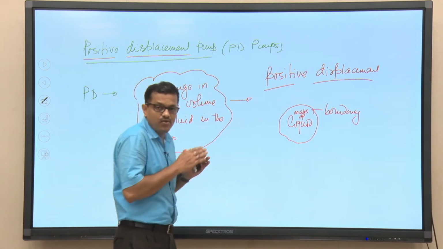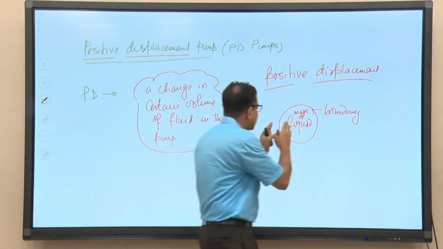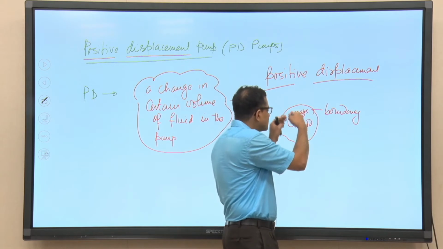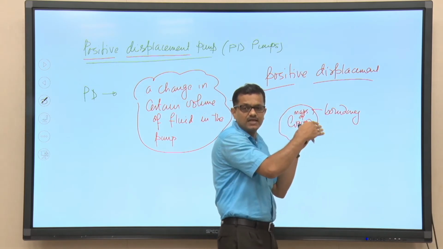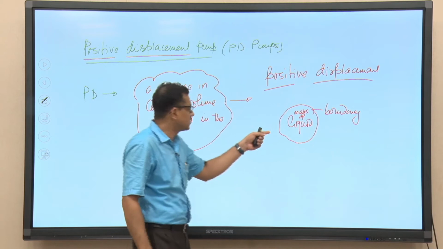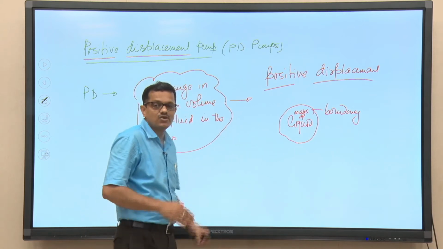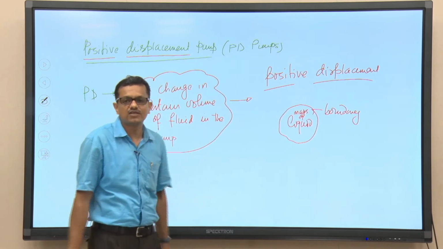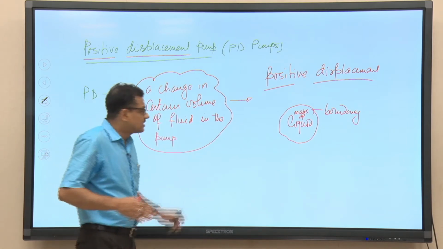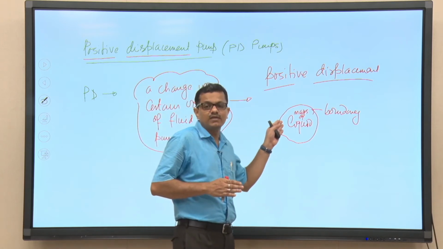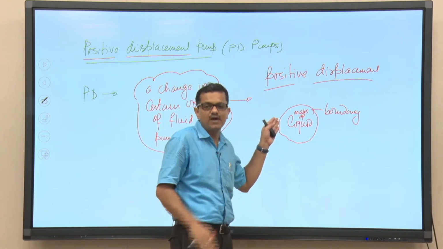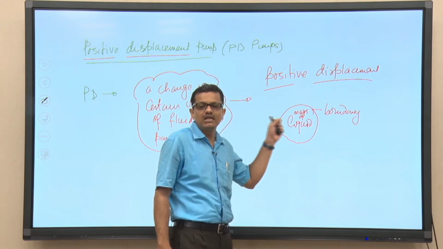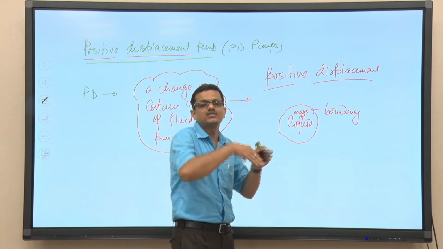Okay, so this is just a recapitulation. We have seen that there will be a physical displacement of this mass of liquid, rather the boundary, from the pump. In fact, the functioning of these pumps depends on this particular aspect. So, now we can understand what the flow geometrical configuration of this type of pump should be. You can see this is completely different from the rotodynamic pumps. In radial flow pumps and axial flow pumps, we have seen that there is a continuous inflow to the pump and continuous outflow.